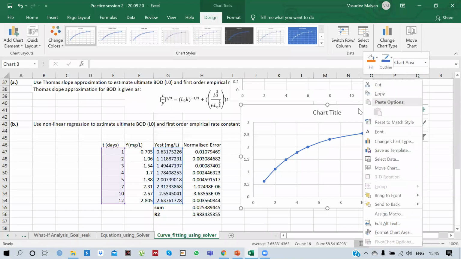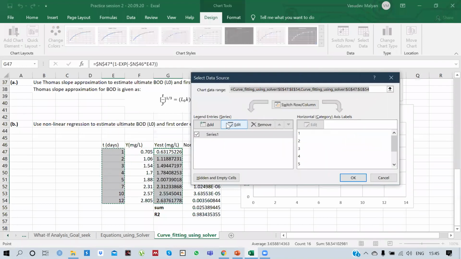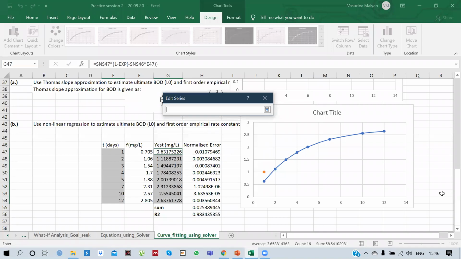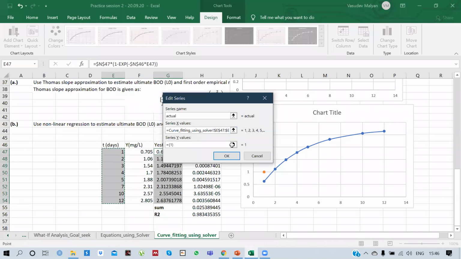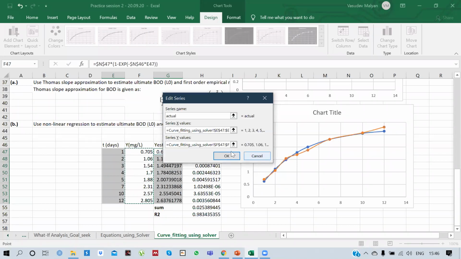So let's right click on this, go to select data. So you can add data here, and this will be actual. We are putting the actual. So on x-axis there will be time, and on y-axis we are taking the actual degradable organic matter values.